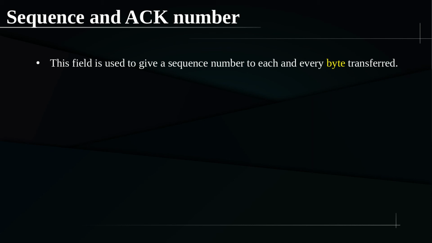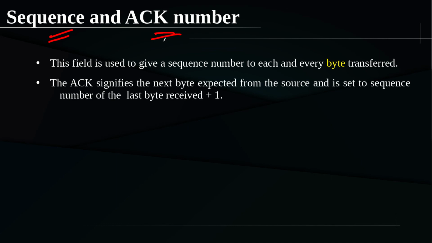UDP, of course, does not have the sequence number and acknowledgement number concept at all, right? So this is used mainly for reliability purposes. With the help of the sequence number, retransmission can be done nicely, and the receiver can order the messages and filter the duplicates. The acknowledgement number is what the sender will be expecting as an acknowledgement. As soon as the data reaches the receiver side, the receiver is supposed to send an acknowledgement, where the acknowledgement number is normally the sequence number of the next frame expected by the sender.